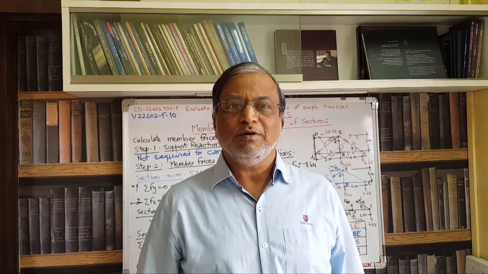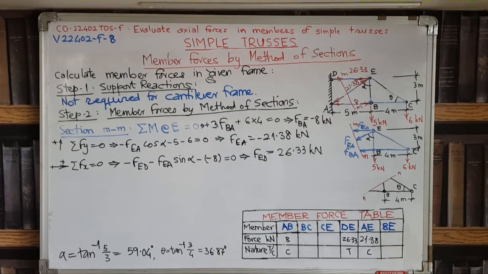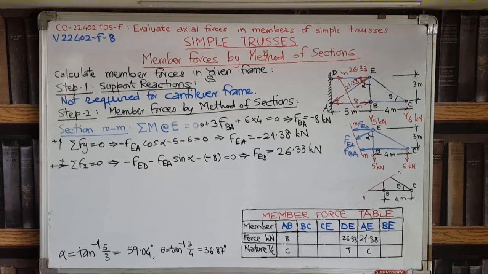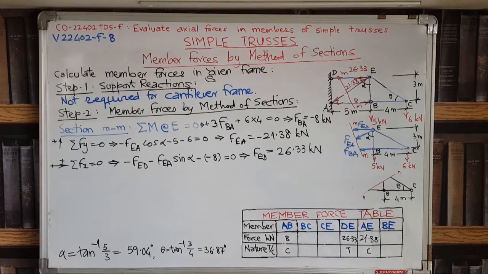In today's video we will continue with the problem which we were solving in the earlier video, that is the problem on method of sections. Now to calculate the other member forces, we will consider another cutting section. So we have to again follow the same rule that the section should cut maximum 3 unknown forces. So if we take a cut like this,